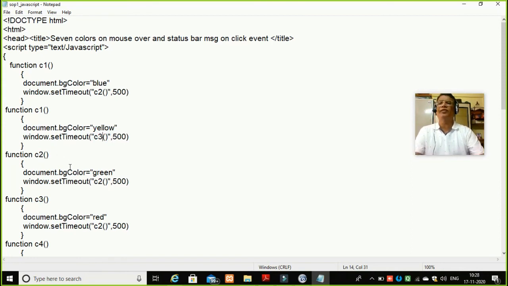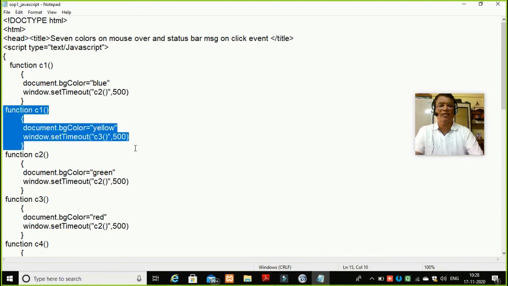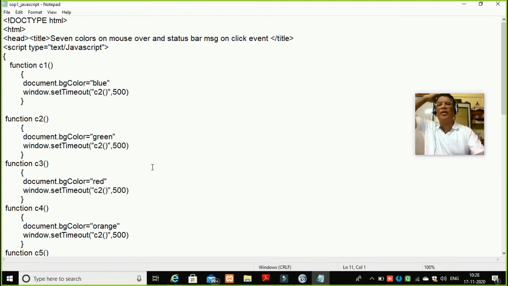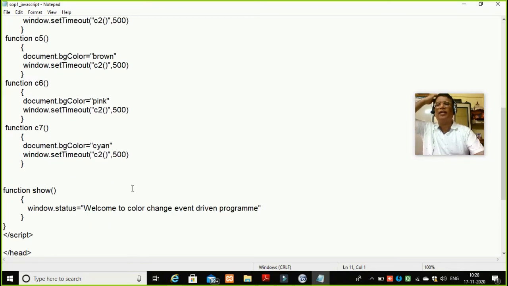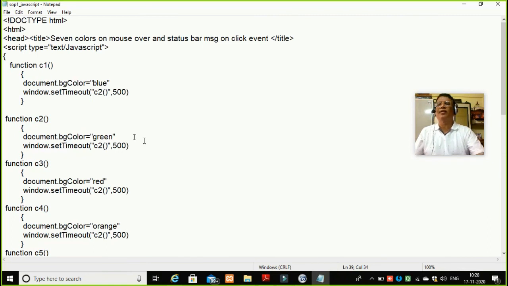C3 function, see C1 is duplicated. So I will remove this. Okay, I will make this C2 and instead of blue, I will write here yellow. Okay, so no color is repeated.